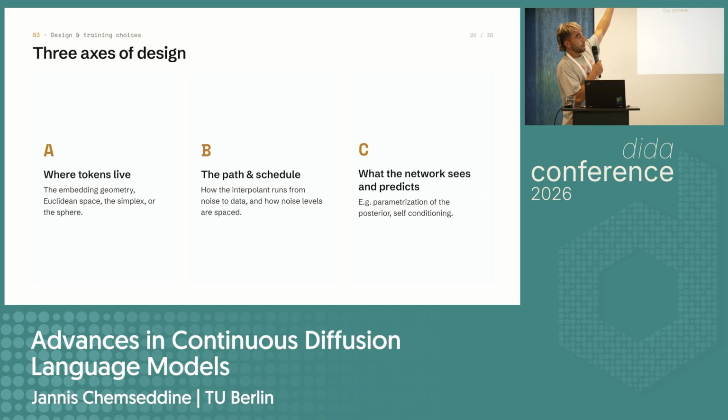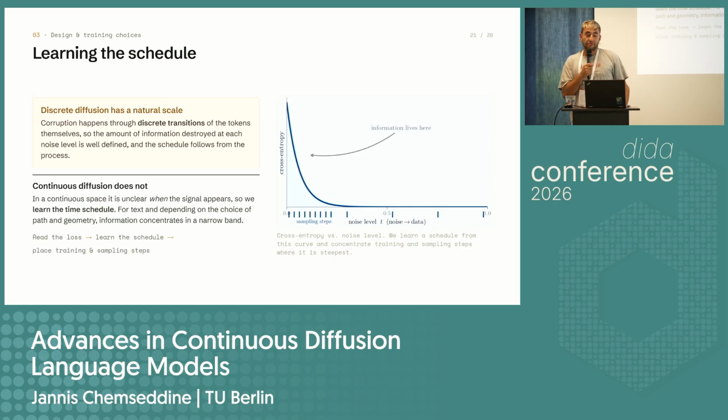This was a basic outline, but you can do a lot more things. You can parameterize your output head differently. You can do many things. Importantly, what we're going to look at is self-conditioning, which is widely used in this context. So let's get into it. And first,